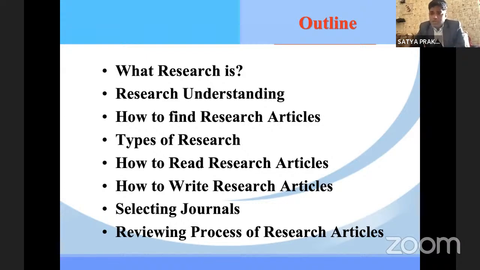We all know there is a specific domain, but we don't know where to find and what to find. We are just searching for things but could not find the appropriate ones. So in this session, we will find the articles and learn the sources where we have to find them. Next, we will discuss the types of research.